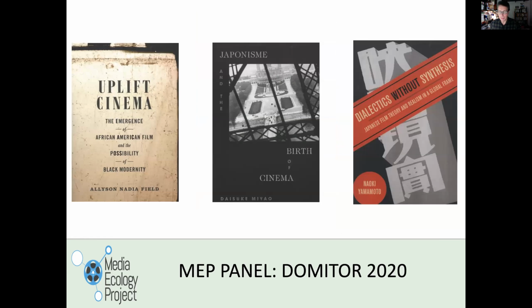My reflections on these keyframes that are available in the exhibitor catalogs really are informed by a lot of recent scholarship about cinema and cinema history. Ali Field's fantastic book about Black modernity. These two really interesting new books, Daisuke Miao's book about considering the Lumiere collection in terms of what he calls Japanism,